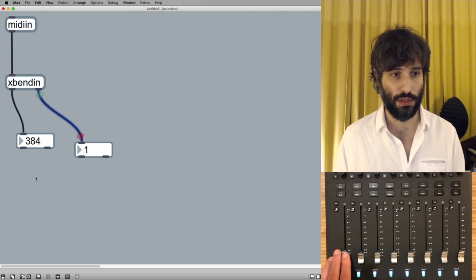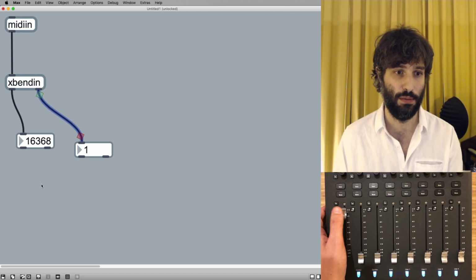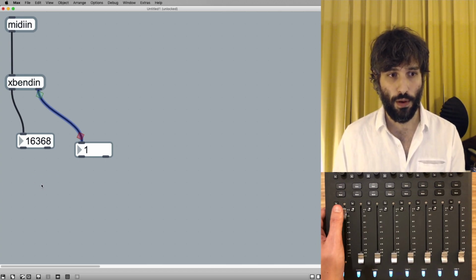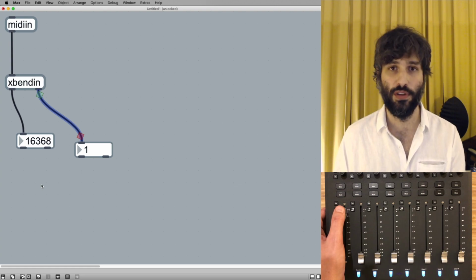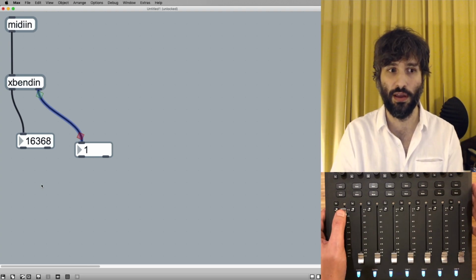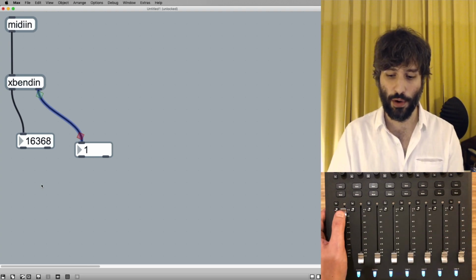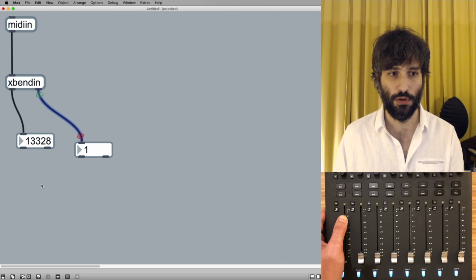So a few things you will notice here. First of all, these are a lot of values. Clearly, this is not a 7-bit MIDI message. But also, I'm not sure this is actually a 14-bit message. I mean, the message probably is 14-bit, but I think there is some filtering going on in the hardware because MIDI faders can be noisy. So if I move the fader very slowly, which is not easy to do, you will see that the values jump. It's like it will jump 30-something values at a time.